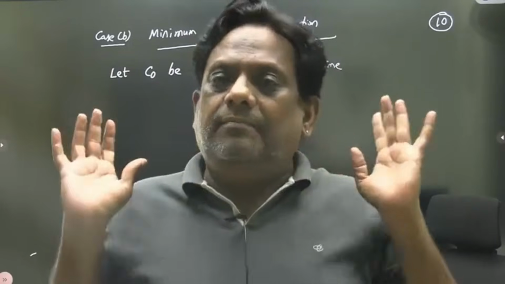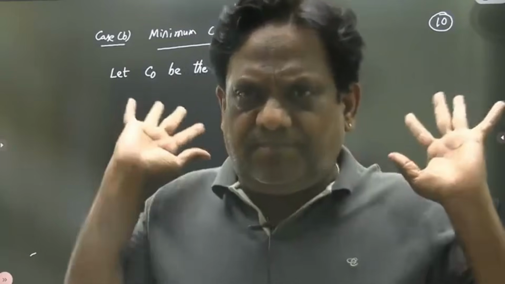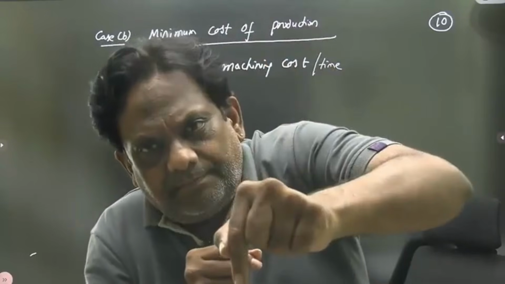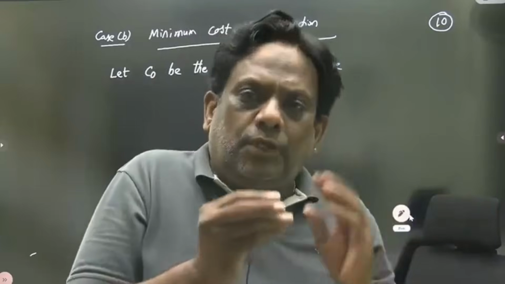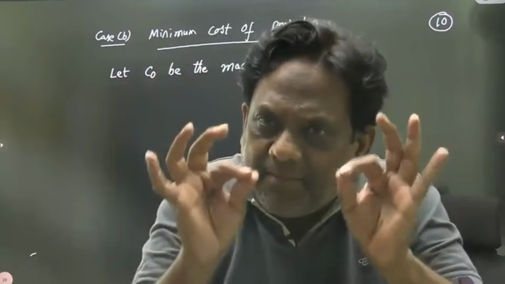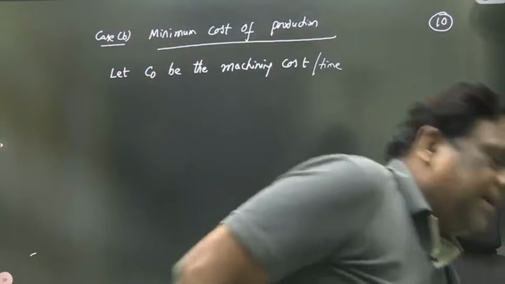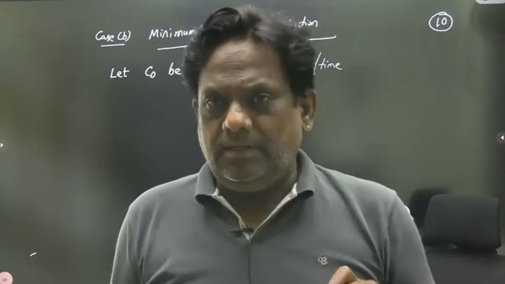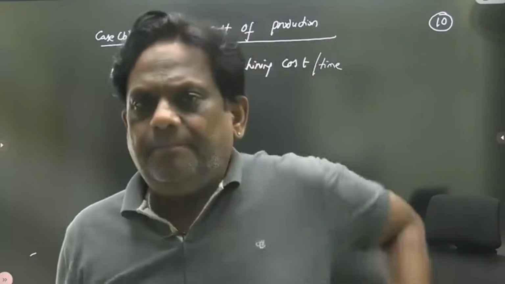Part handling time. Part handling time is TH. It means for loading the workpiece on the tool and for unloading the workpiece from the tool, let that time be TH. Let that part handling time be TH. Okay, is it understood? And you know, he is charging C naught, the operator, machining cost. He is charging C naught per hour.